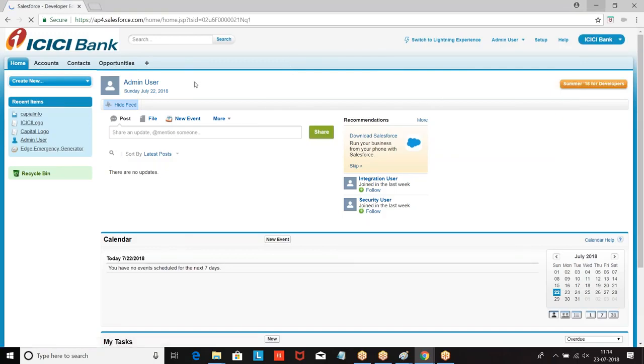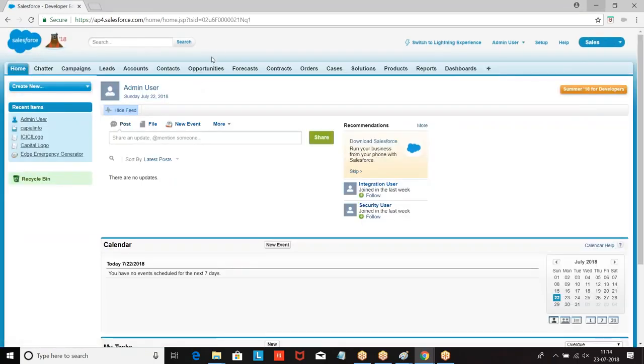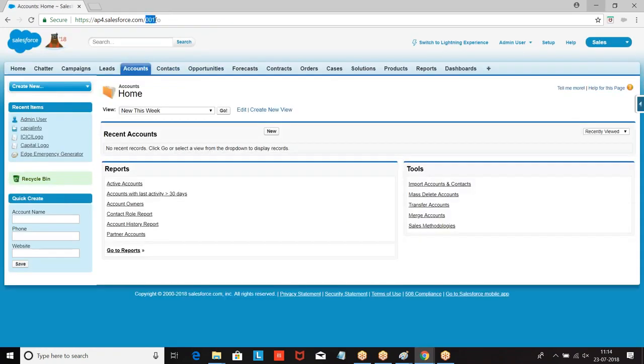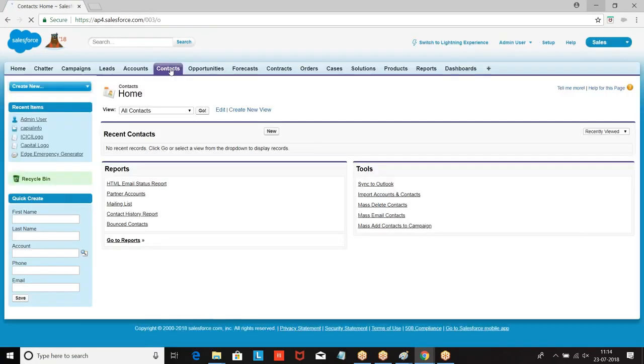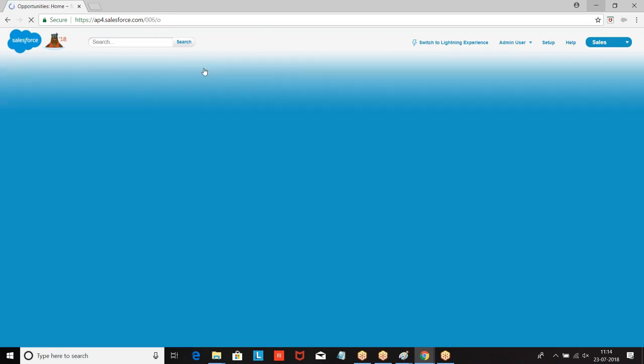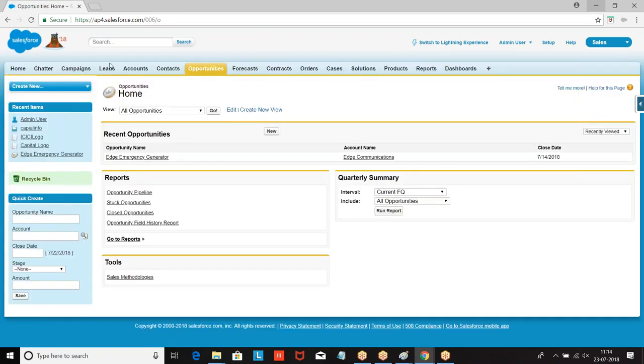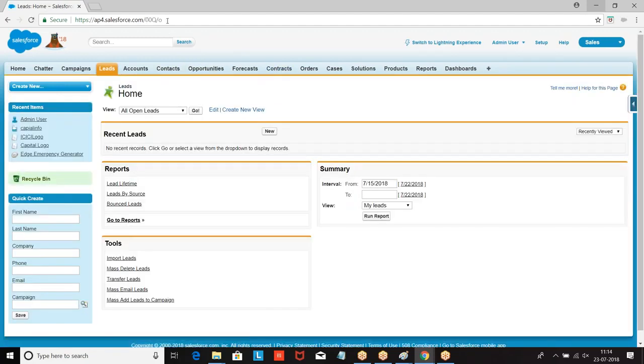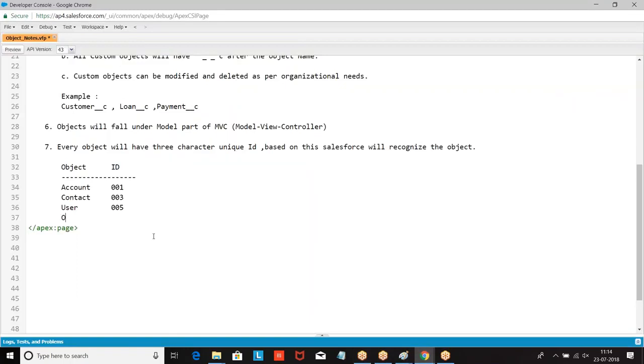Look at this structure: account 001, contact 003, opportunity 006, lead 00Q.